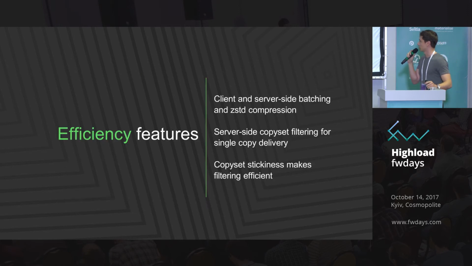So what efficiency features do we have? First of all, client and server side batching. We have batching, and we have ZSTD compression. ZSTD is the latest Facebook compression algorithm. Also, there is server-side copy-set filtering for single copy delivery. This is interesting. When we connect to all of the node set and we say that we want to receive